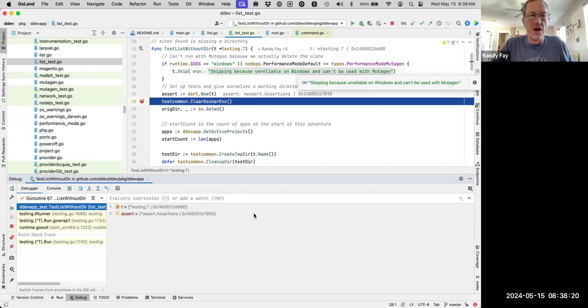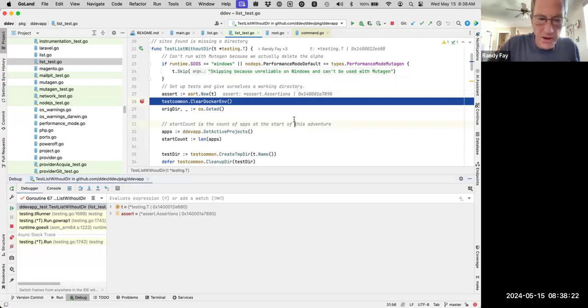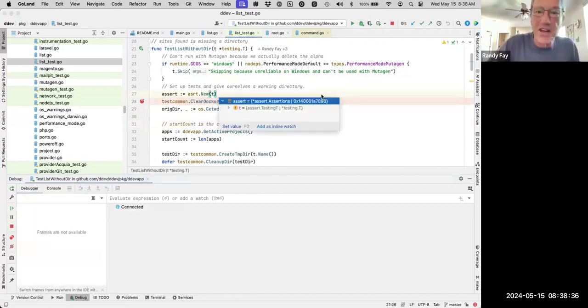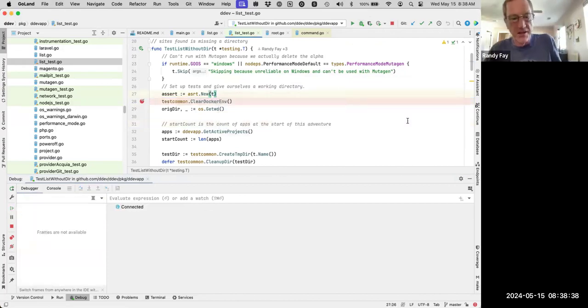So, okay, I'm going to let this go. There's a little obscurity that I'm not going to do here. I could just stop the test, but that leaves a project running that I don't want to leave running. So I'm going to let it finish and clean up after itself. So I'm going to let it do that, and then I'm going to show you a